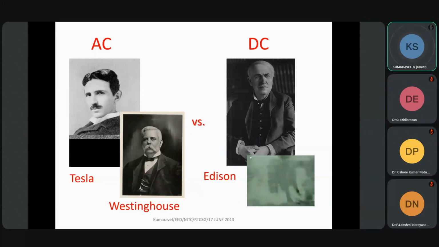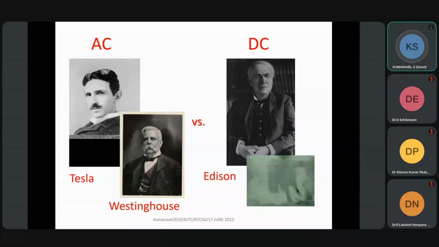But now, if you see, we go for renewable energy sources. For example, solar PV is a DC source. We want to store energy now. Why? Because we would like to provide reliable electricity. That too, after bringing in computers and now UPS, for most of the load we would like to provide reliable electricity. So we depend upon storage. So battery is used as one of the major storage devices.